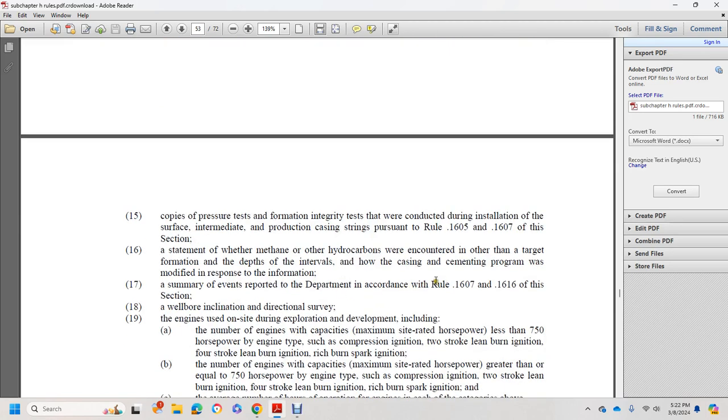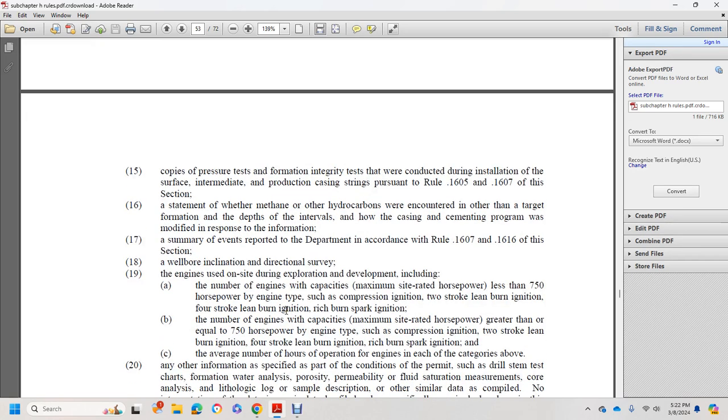Some of the events for this bar. The department, in accordance with Rule 1607 and 1616, with the wellbore inclination, the directional survey, engines used on-site during exploration and development include the number of engines with the capacity of the maximum rated horsepower less than 750 horsepower, with the engine type of compression ignition, 2-stroke lean burn ignition, 4-stroke lean burn ignition, rich burn